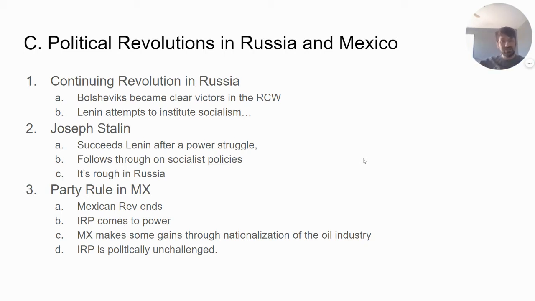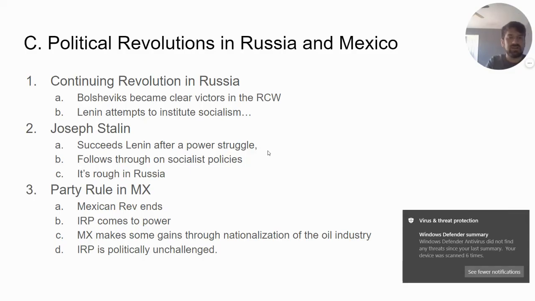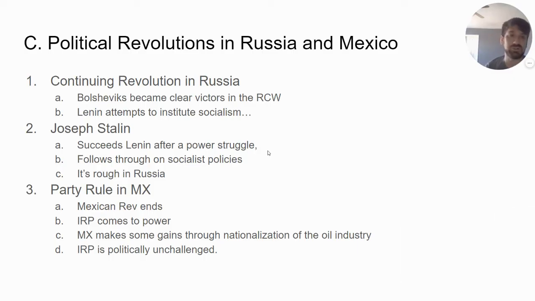So Lenin unexpectedly has a stroke in, let's say, the late 20s or early 30s, and he's succeeded by a man who wasn't necessarily the next in power. He was influential in the Bolshevik Party. He was a Georgian, not the Georgia of the country, a Georgian named Joseph Stalin. And Stalin is able to muscle his way past Leon Trotsky, who was maybe seen as at least the ideological successor of Lenin.